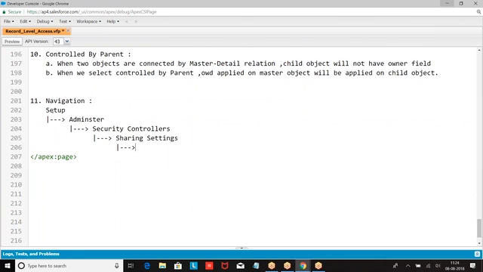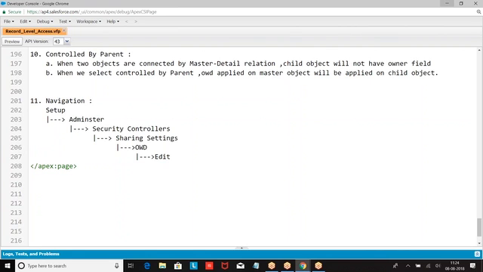Setup, administer, security controllers, sharing settings. Then we have OWD. Edit. Choose the object, enable the permission.